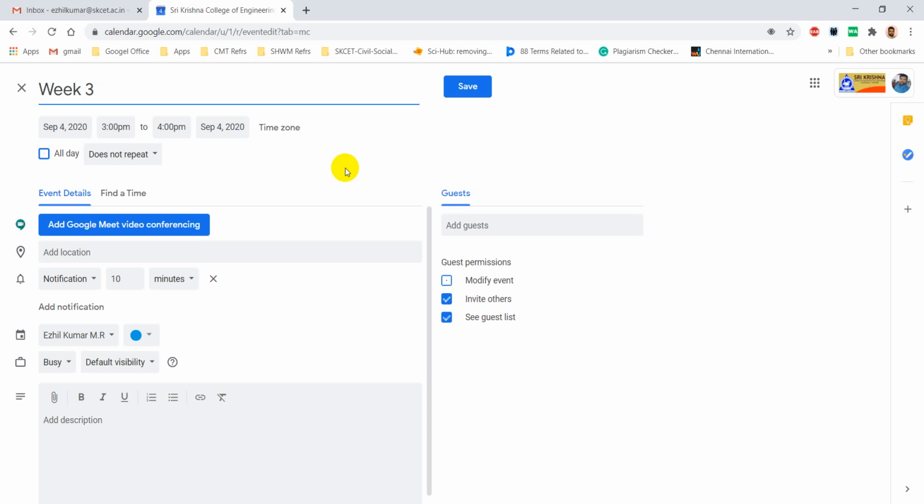Week 3 online STTP AICTE and SKCET. So it is not on all days, right, and I'm going to set the event.